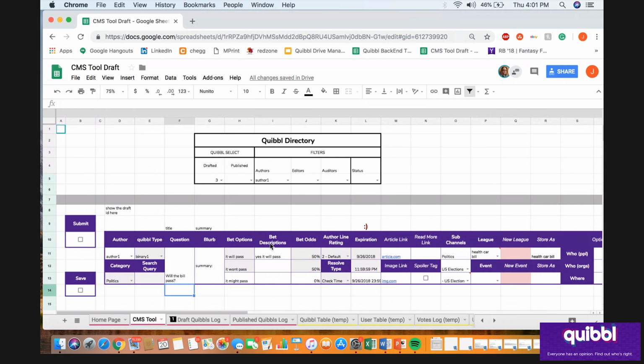Before we bring it to an end, if there's any other extremely pertinent stuff, what was I going to ask? How does it work? Let's say that there's three politics writers and two sports writers, and they all want to write quibbles right now. How would that work? I brought that up this second. We can't do it. And Dan just said for right now, make sure that the single view works,